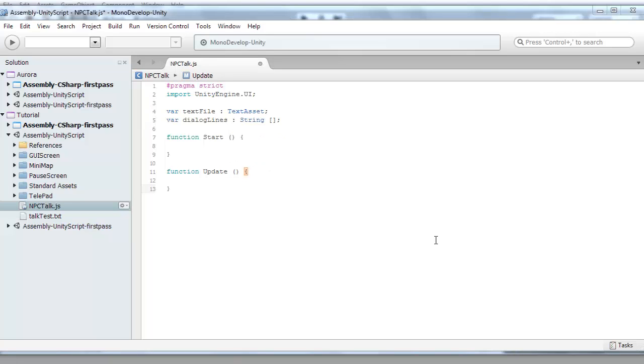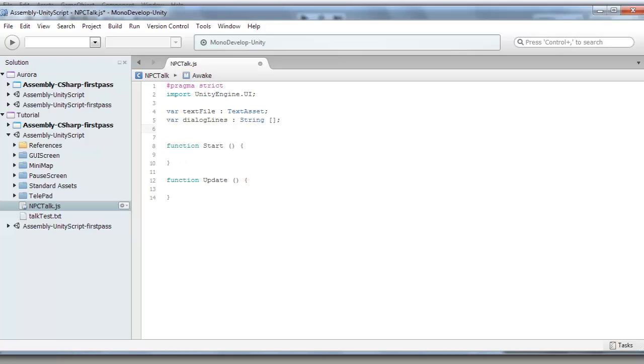Okay, so our next variable actually should be var line number of type integer. Okay, like that. So now let's go to the